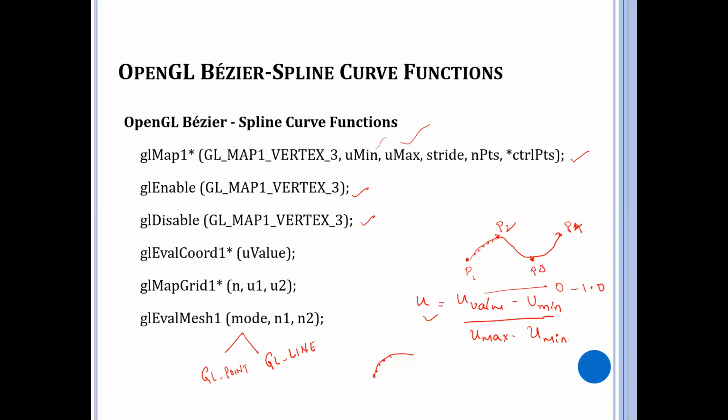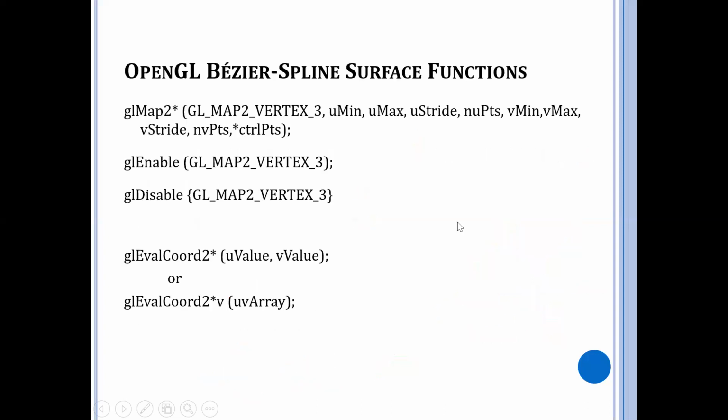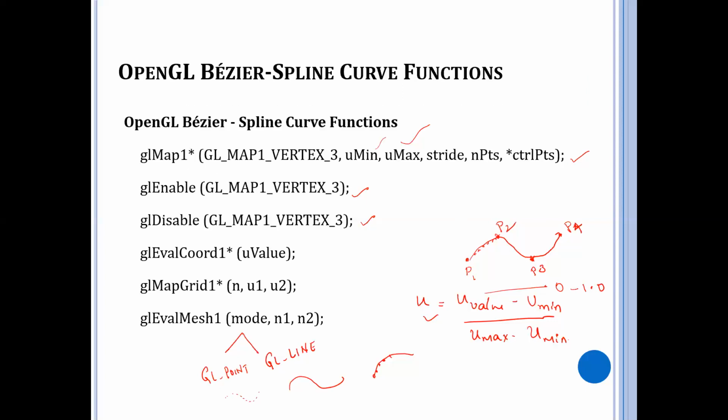That means when you display, let's say you're displaying something like this, do you want it in the solid form or do you want something like this, which is in the dotted representation? So if you want it in the dotted representation, then make use of GL_POINT. Otherwise, if you want it in the solid representation, then make use of GL_LINE. In other words, with mode equal to GL_LINE, you will get a solid line.